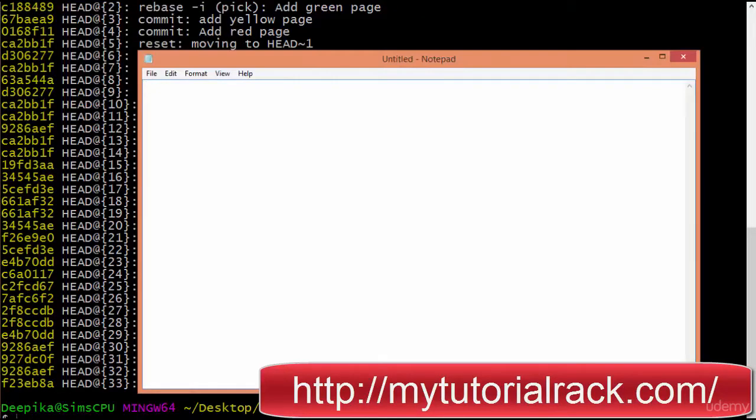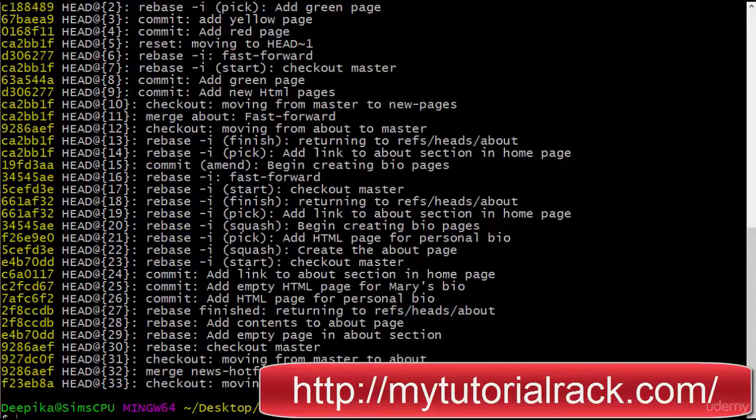C188489. So that is the commit ID for this one. We wanted to go ahead and retrieve our green page, not anything else, just the green page. So this is the ID for it. So I'm going to go ahead and say